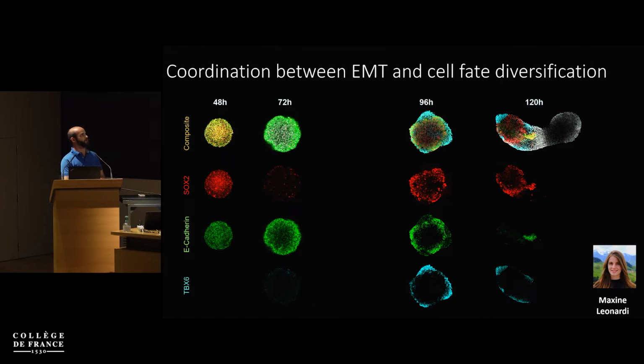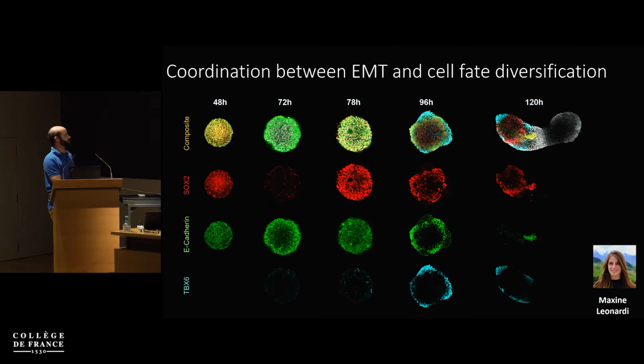But if you go later on, you can see that SOX2 positive cells have also repressed E-cadherin. So both cell identities repress E-cadherin expression, but they do it at a different time. And so if you go a bit more precisely, you can see the initiation of TBX6, which does not correlate with loss of E-cadherin. So this would suggest that the activation of this program occurs before the repression of E-cadherin. But both neuronal and somitic lineages repress it, they just do it at different times.